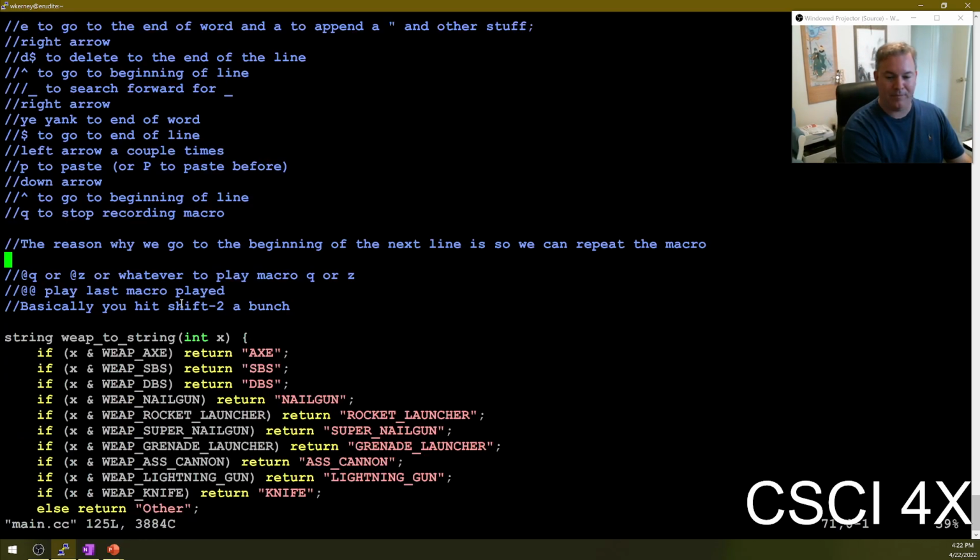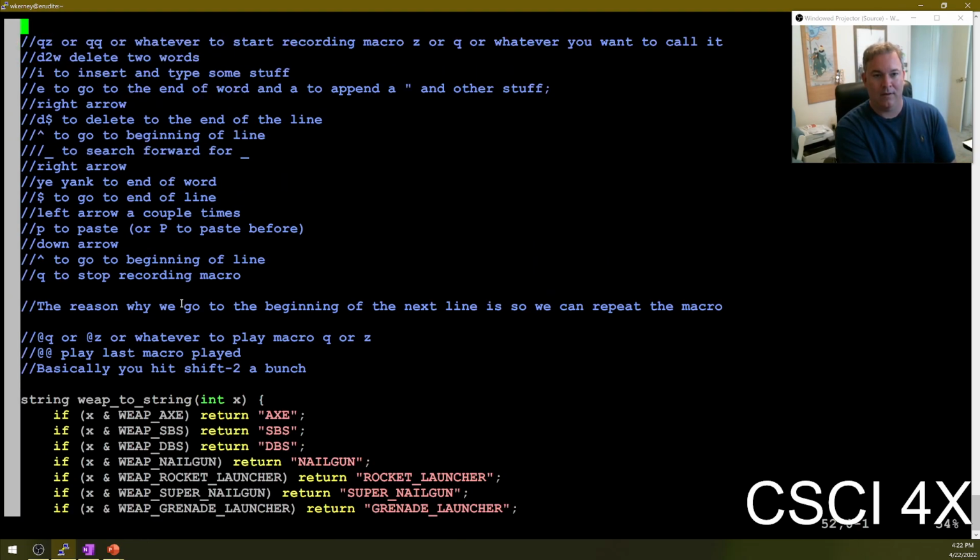Okay, so here is what I did. I started recording macro Q, deleted 2 words, D2W, I to go into insert mode, I then type X and da-da-da-da. E to go to the end of the next word, right arrow to move right 1 letter, delete to the end of the line, go back to the beginning of the line, that's a caret, in case you couldn't see that, front slash underscore to search for the first underscore, right arrow 1 time, Y to yank, that's what Y stands for, yank to the end of the word,